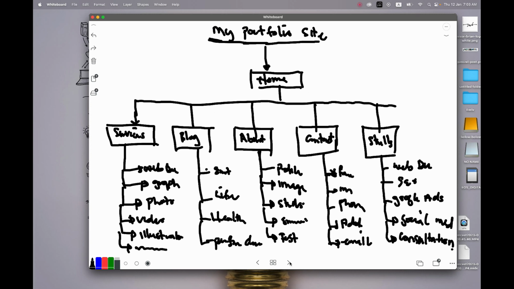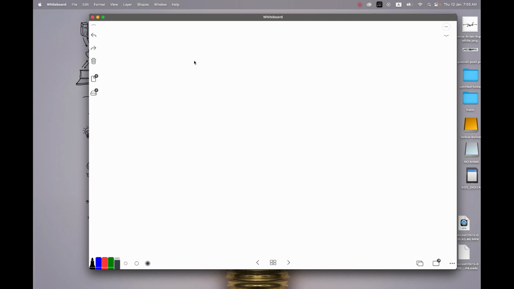So once your sitemap is done, why is a sitemap necessary in the first place? If I want to start building a website right now, if I just wanted to start from a blank page and said I wanted to build a portfolio website for myself, right now I don't have any idea what a portfolio website should look like or what should be on a portfolio website, unless I go to maybe Google and search for examples of portfolio websites. Then I can see an example of what it is and try to build my own. But